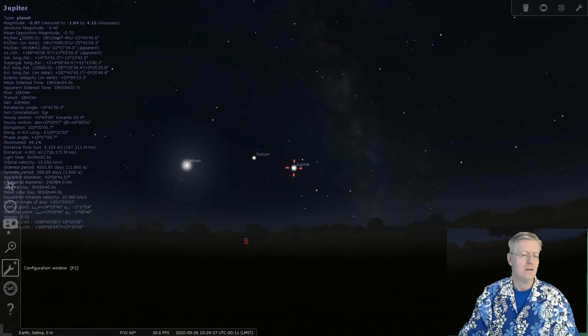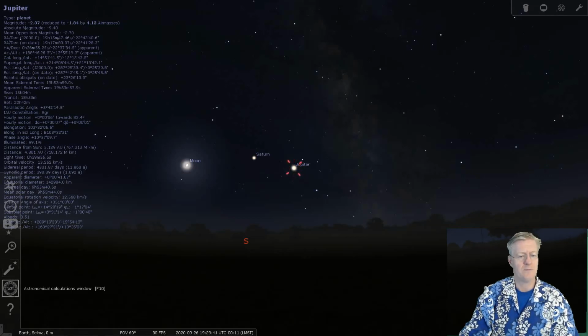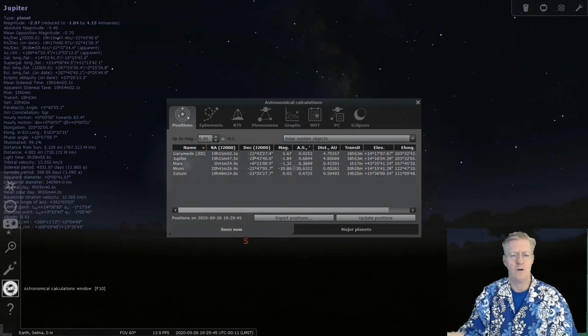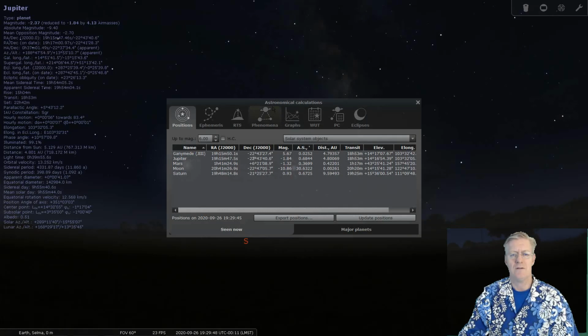All right, there's the configuration window, and next behind that we have the astronomical calculation window. If I go there, you'll notice that we have astronomical calculations, and right now we're focused on Jupiter. So we see different objects here and different information on that object.